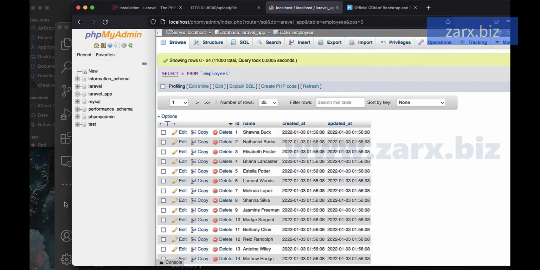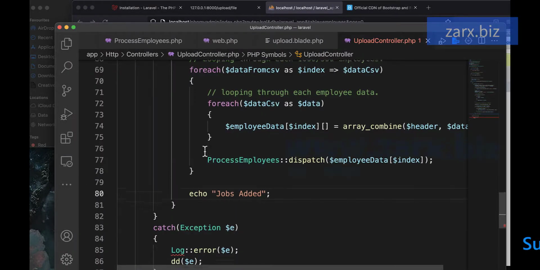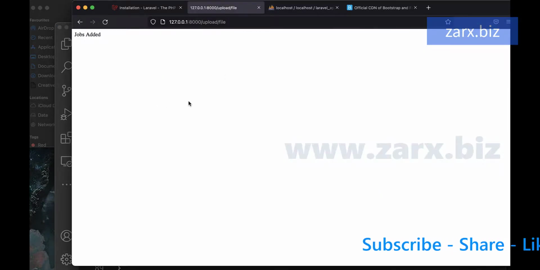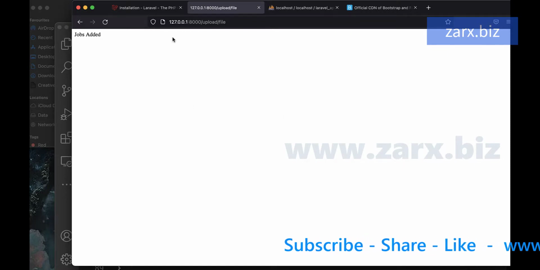And that's great. And that's how we do it. Now we need to also work with displaying the progress when it's working, and for that we are going